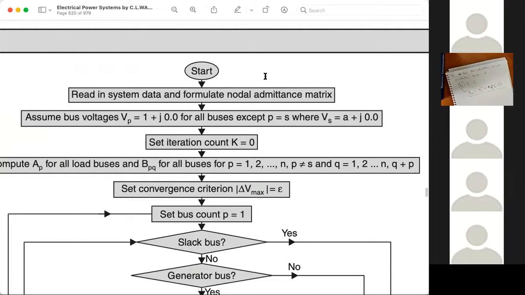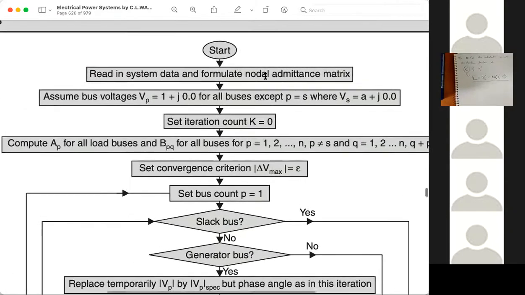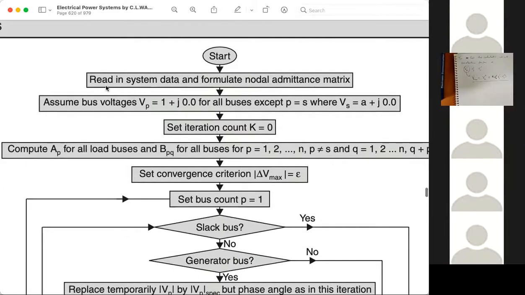As shared on the screen, we have the algorithm and flowchart for the Gauss-Seidel method. If you can see, first is read in system data and formulate the nodal admittance matrix. This will be your step number 1.